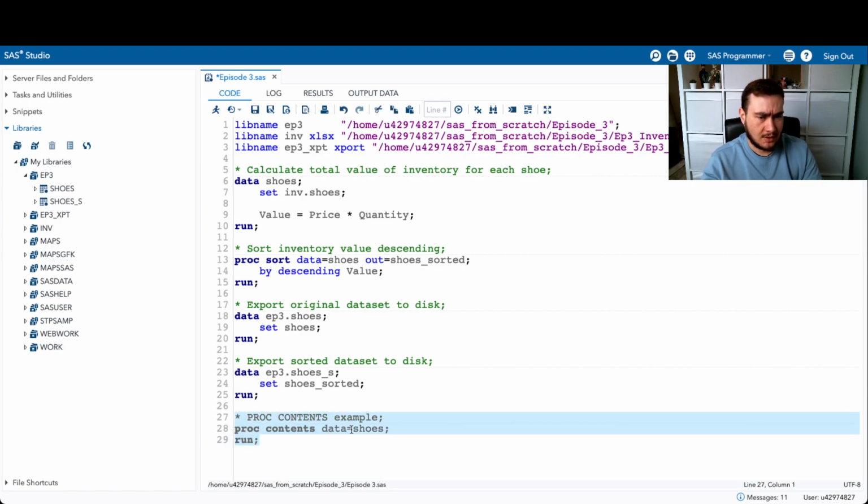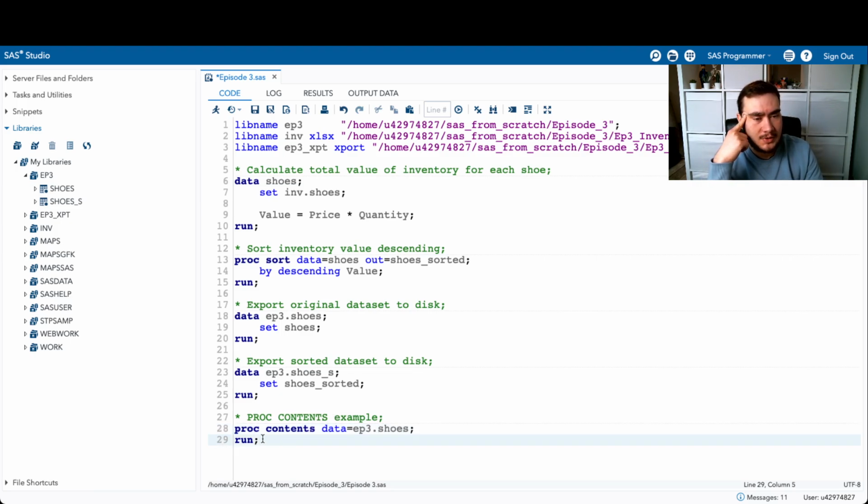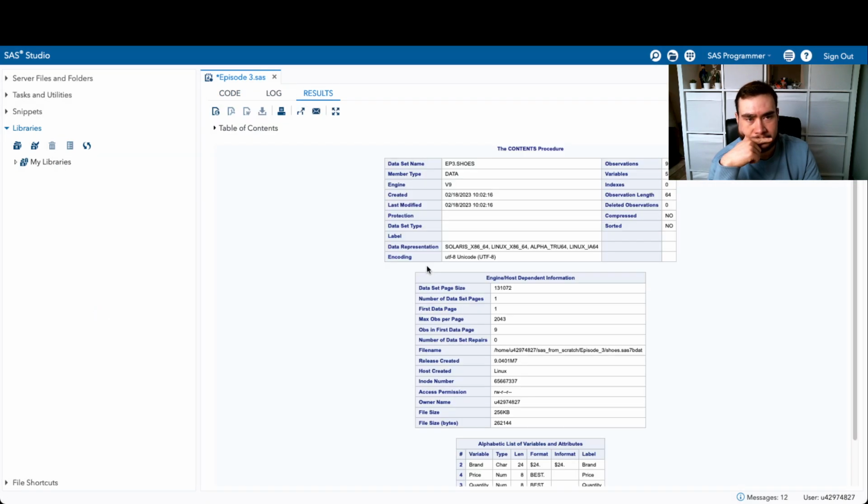So ep3.choose. We can do the one in the work library as well. It will give us the same information because they're copies of one another. But let's run this specifically. And now note all of the information that the contents procedure is giving us. It tells us what we're looking at, how many observations (rows) it has, how many variables (columns) it has, whether there are indexes on this data set, compressed, sorted, whatnot,